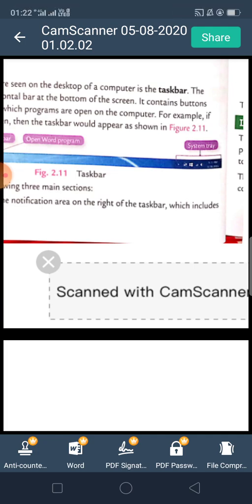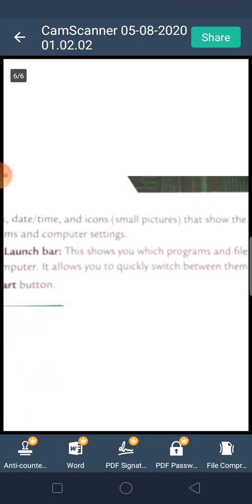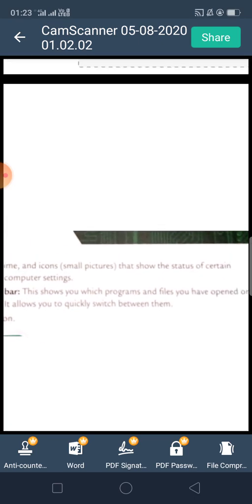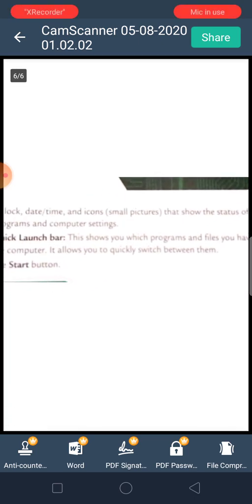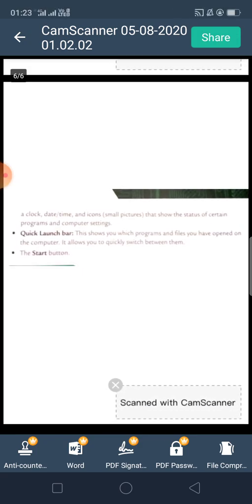These show the status of certain programs and computer settings. Next is the quick launch bar. It shows you the programs and files you have opened on the computer. How many programs or files are opened we can see on the quick launch bar, and the start button is present on the taskbar.